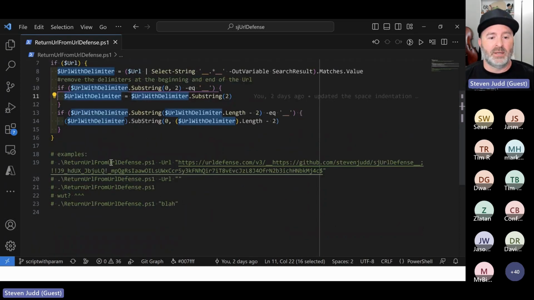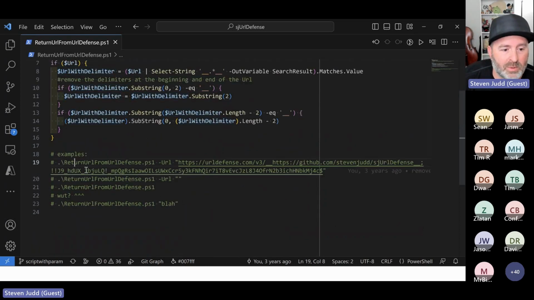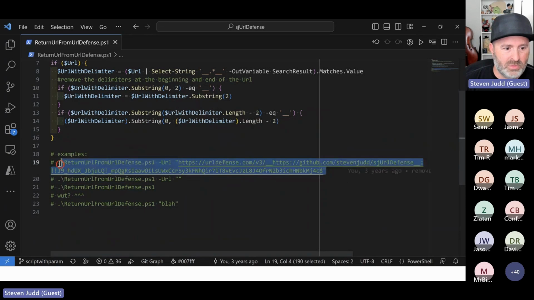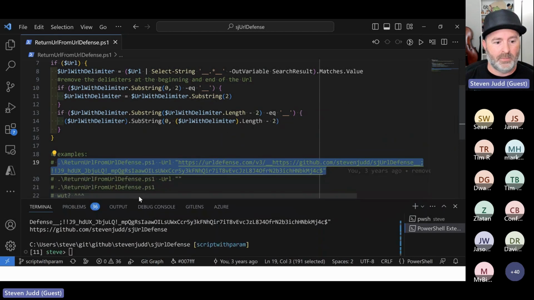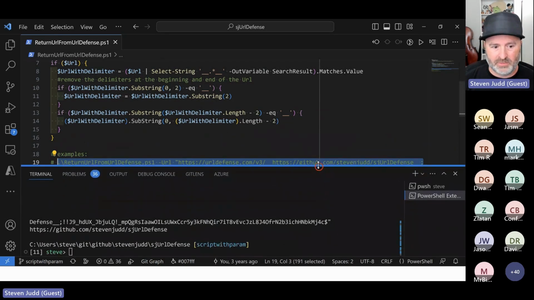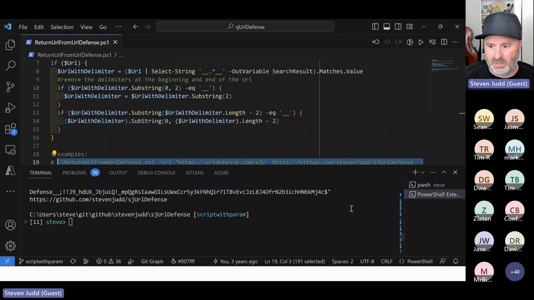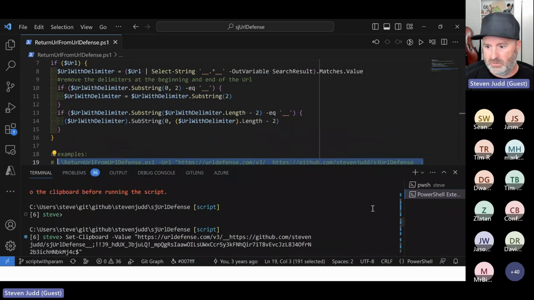All right, so here's my examples. So we'll run each one of these examples. So here's my first one. I'm just going to highlight in F8 and have this run. We'll give us a little more space here so you can see that it is working.